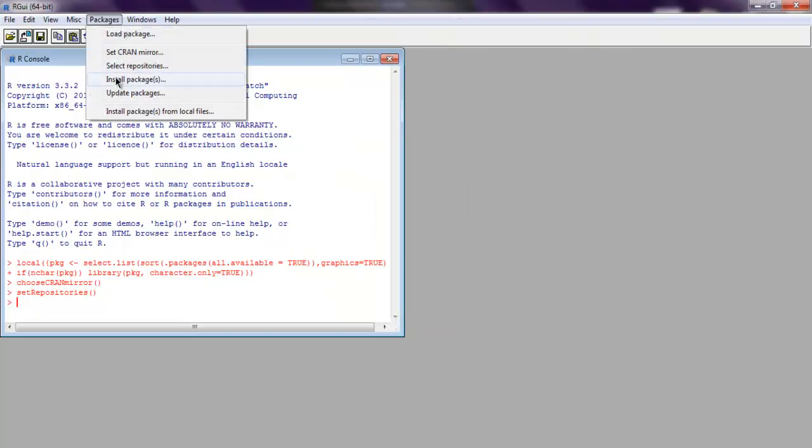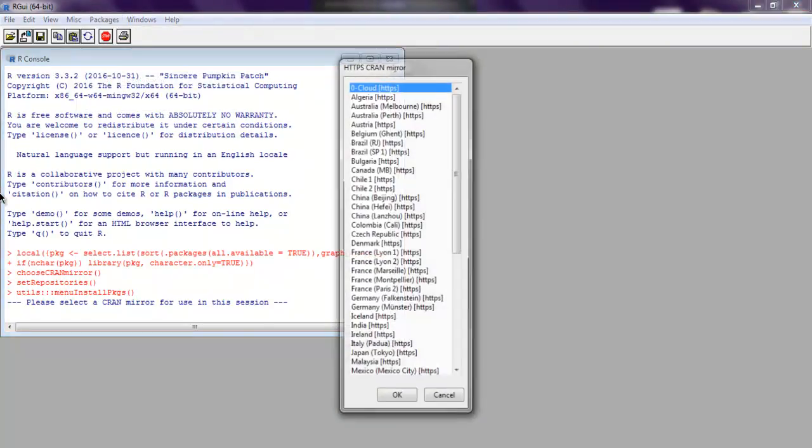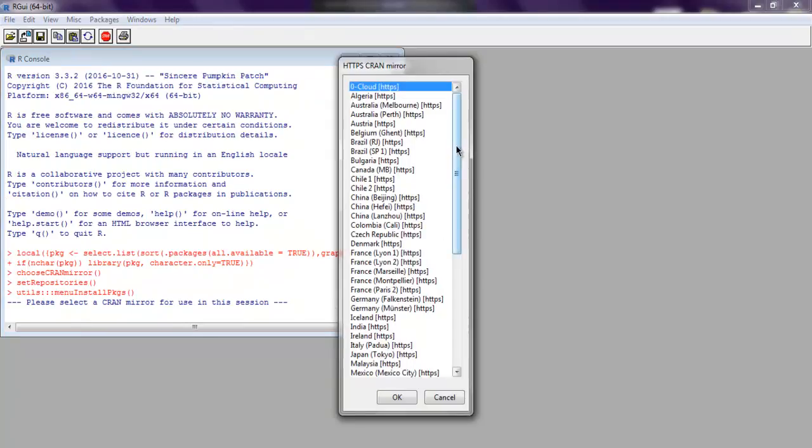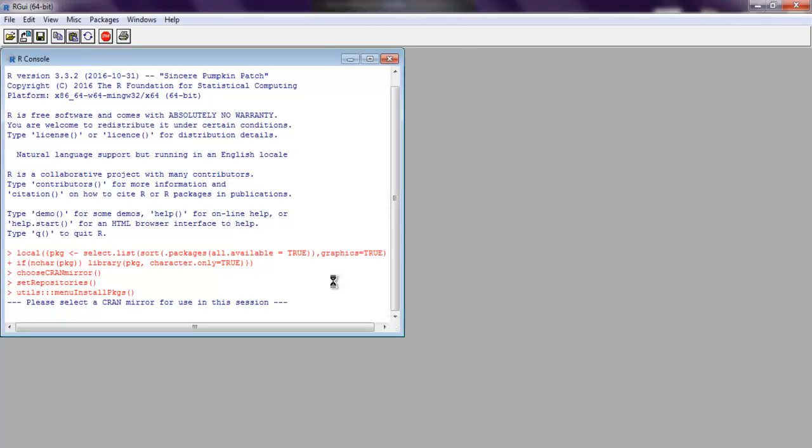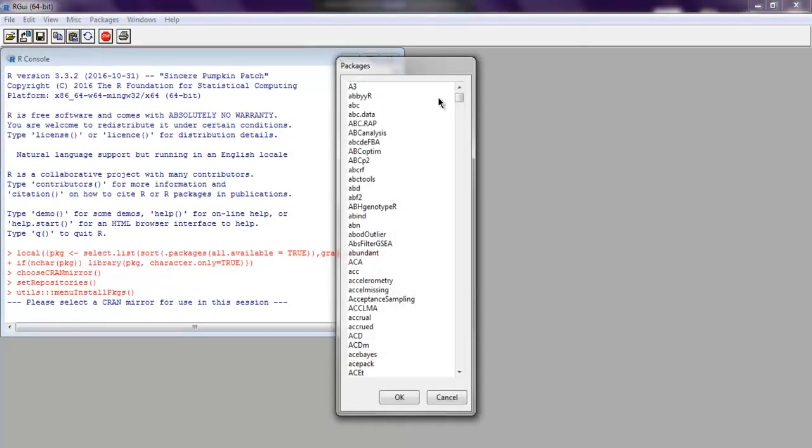Now one more option is install packages. When you call for install packages, it asks you to choose the mirror. So I'm going to go with default HTTPS, and the next dialog it should open is for our packages. It will present us this big list of packages, and from that list we have to choose that package and click on OK. Then it starts downloading that package, and then it runs that package for your current console